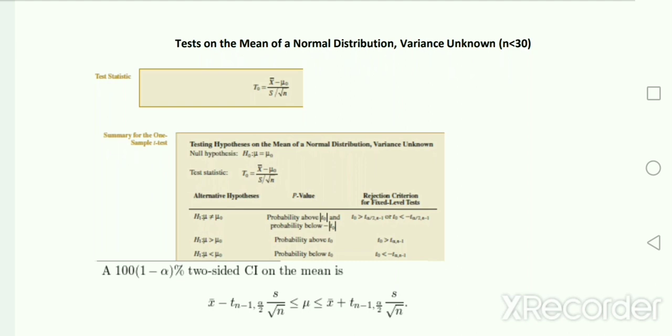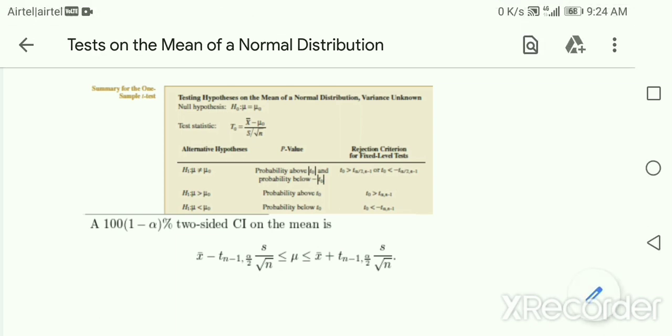by root n. And for the rejection criteria we want to apply one more term, degrees of freedom also. Actually degrees of freedom means the number of values for the calculation in statistics. In this case, for calculating the variance formula we want to apply n minus 1 values. So that's why for the t distribution the degrees of freedom is n minus 1. Okay, so now we see the rejection criteria for the alternative hypothesis.